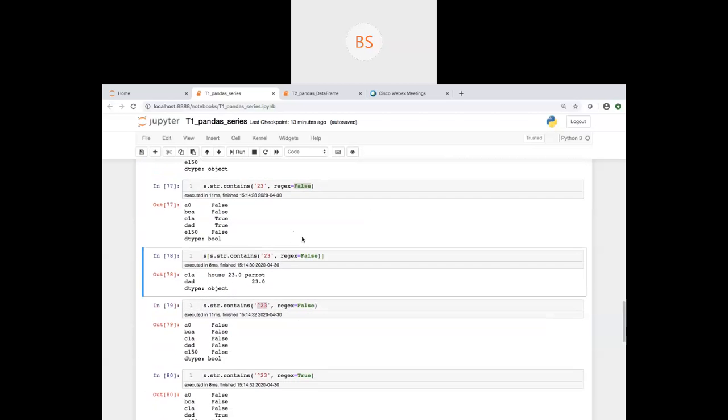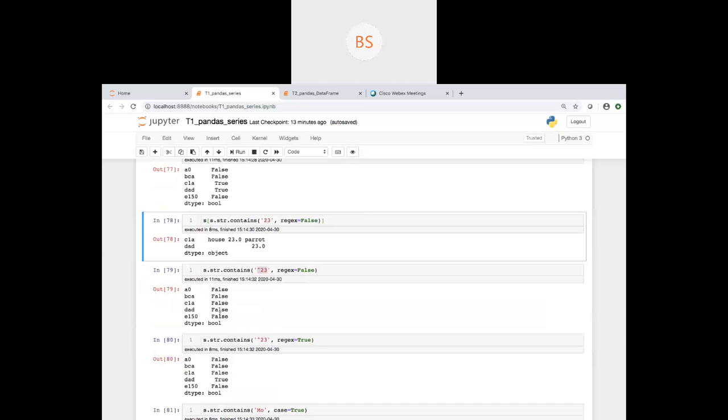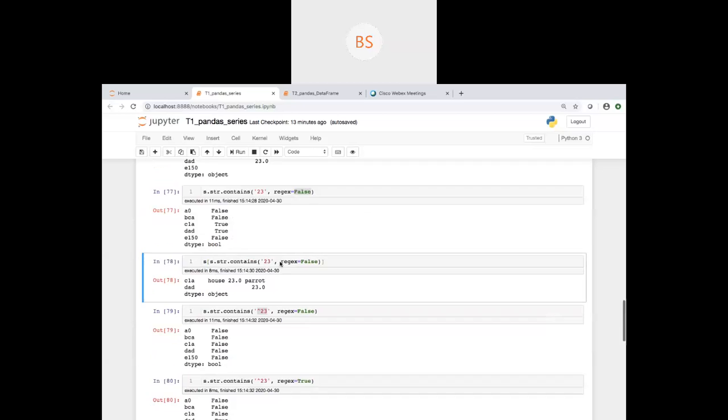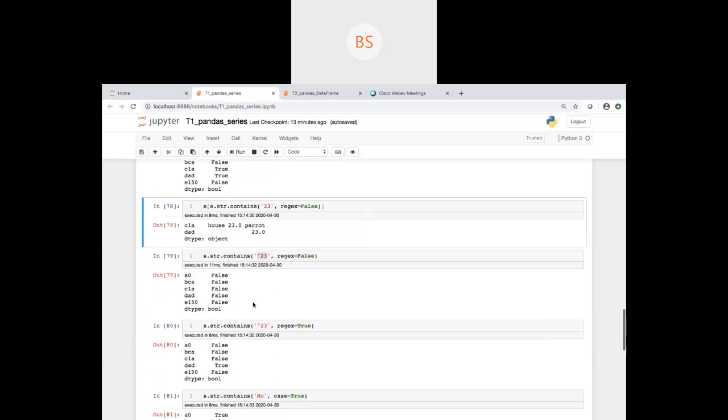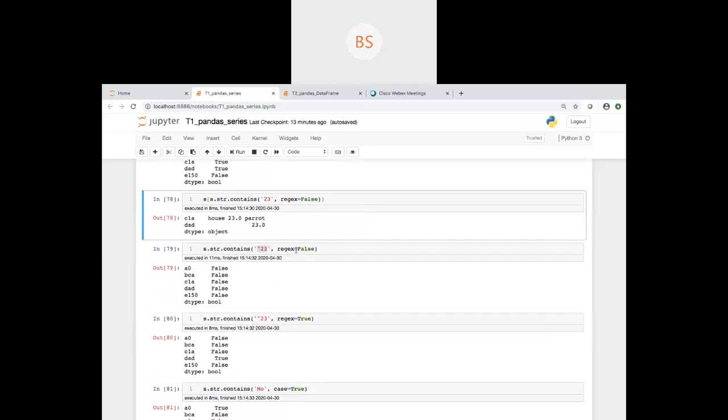But if I say regular expression is equal to false, this regular expression will not work here, because I am not checking whether the string contains. If you use the string contains, then wherever this 23 will be found, it will display. Now it will work as a regular expression, but regular expression is false here, so it will not work.